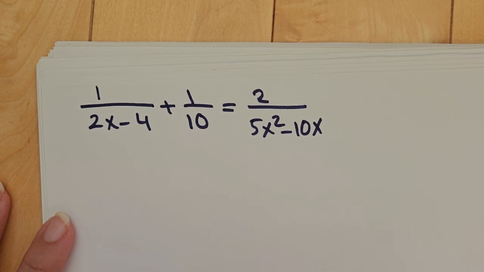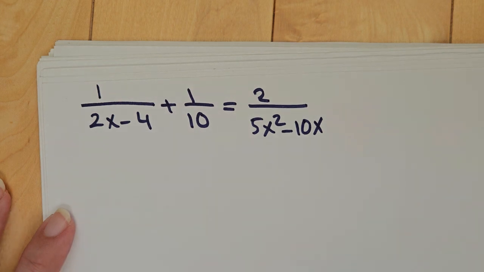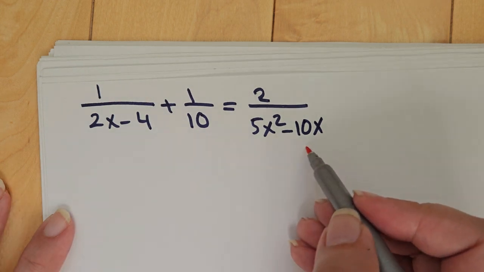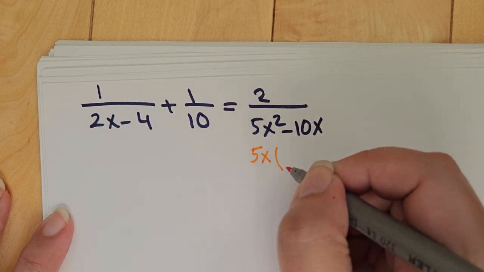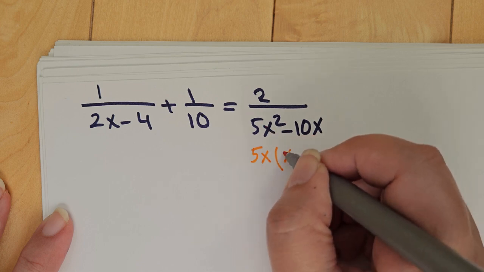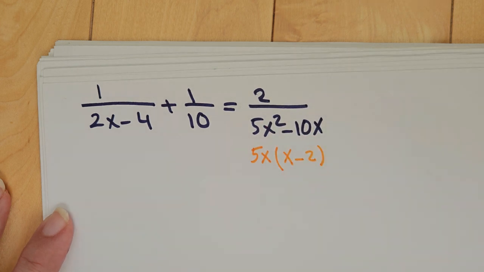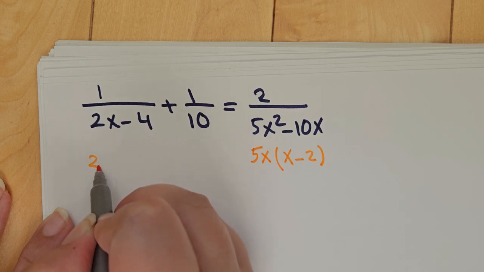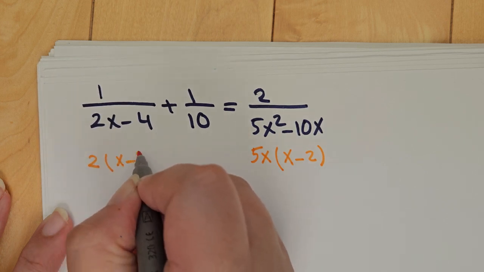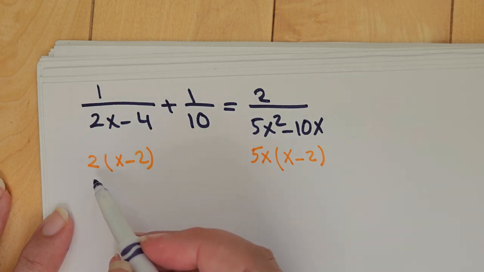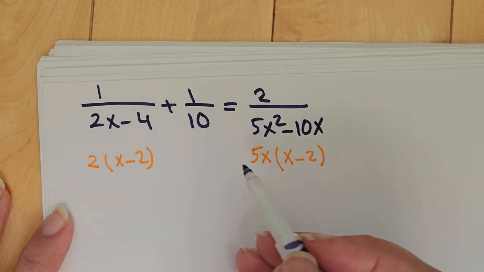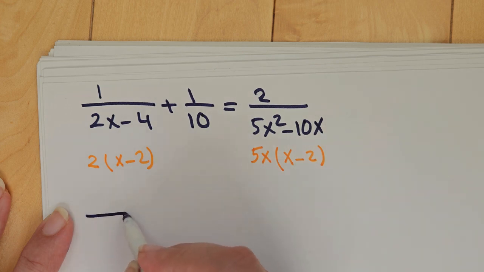Okay, so what I suggest, let's start by factorizing the denominator. So 5x is pulled out. What is left? x minus 2. Now on the other side, what I will do, I pull out 2. What is left? x minus 2. So you can see that x minus 2 is repeating. So I just do common denominator. Okay, so the common denominator would be 2x minus 2, and then